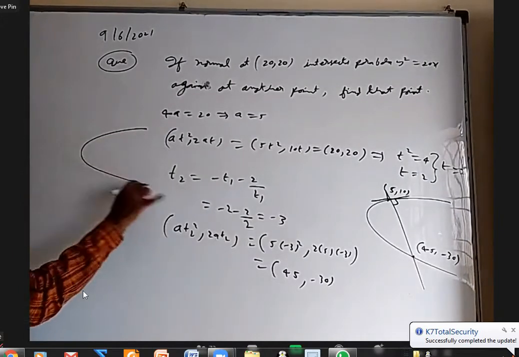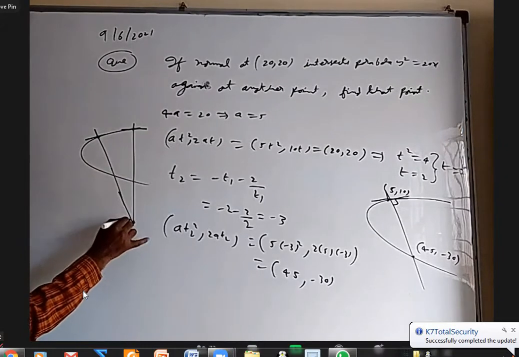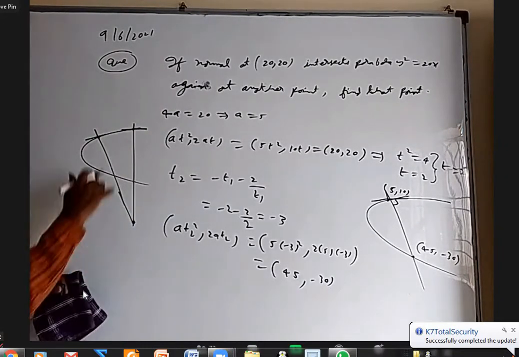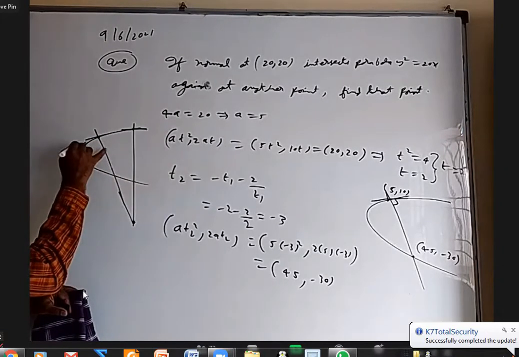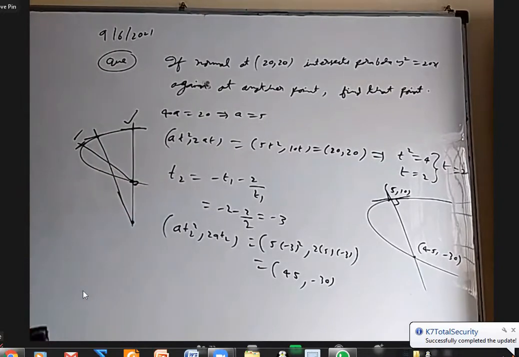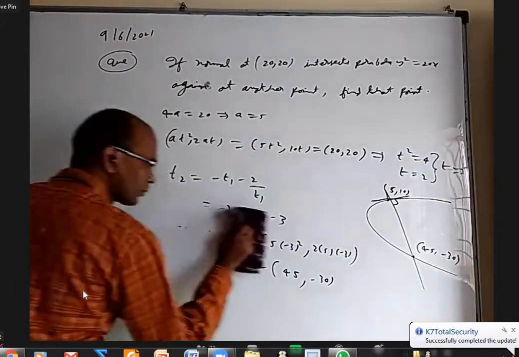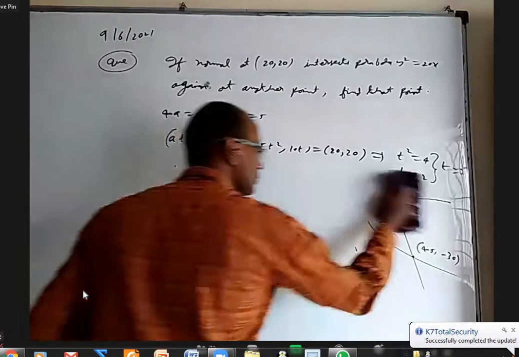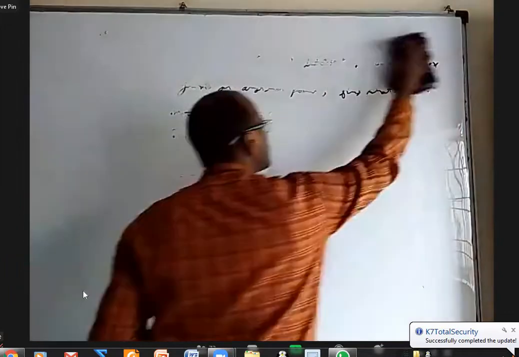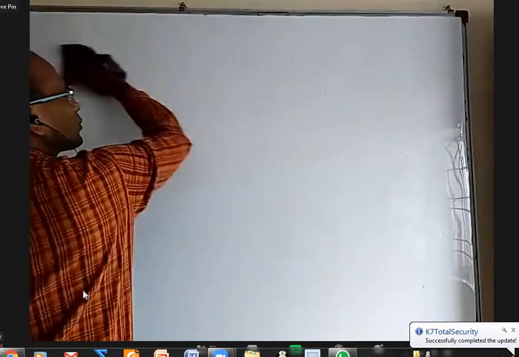If there is a parabola, take any 2 points, draw a normal here and draw a normal here. I'm sure somewhere they will intersect, right? Yes. But sometimes it's quite possible that the normals can intersect on the parabola itself. The normal here and the normal here can intersect on the parabola itself. Okay, so this is also theory only.